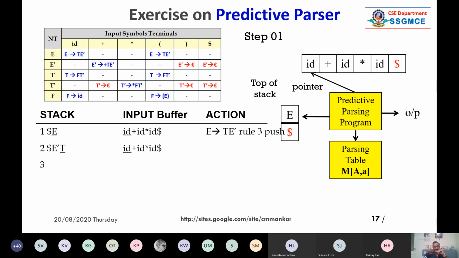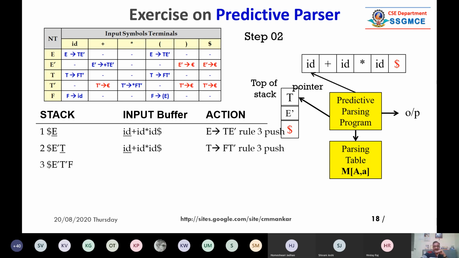Please note, in step 1, there is a diagram. It is very clear that, see here, serial number 2, here we have removed the E and we have pushed reverse of the production rule. That is E dash and T. Now T will be on the top of the stack. So this can be seen like this.